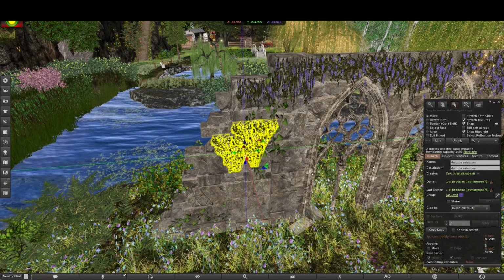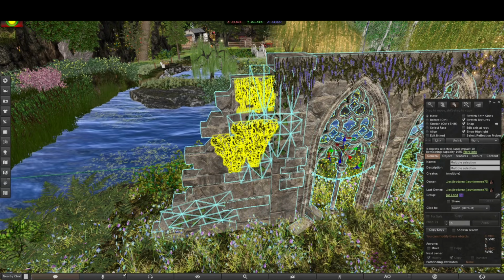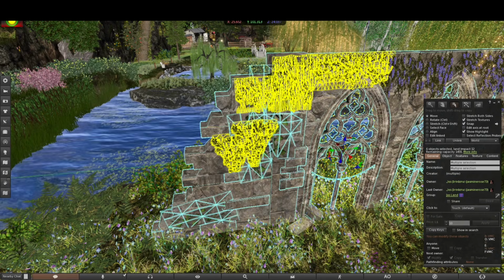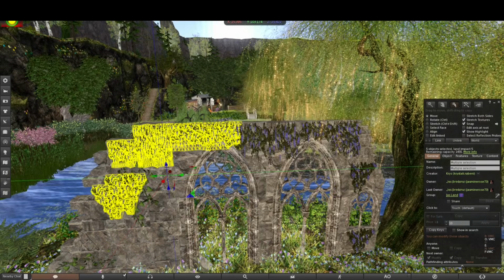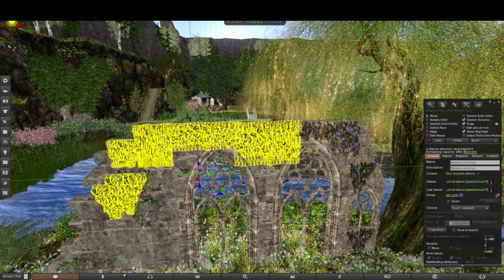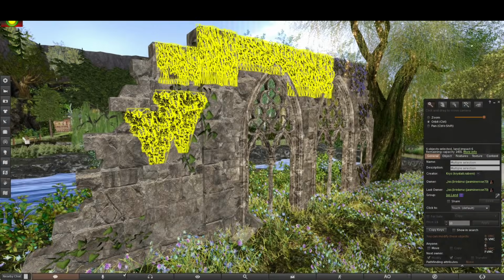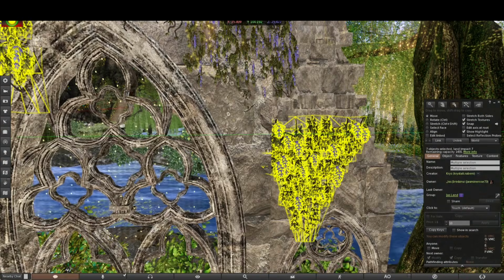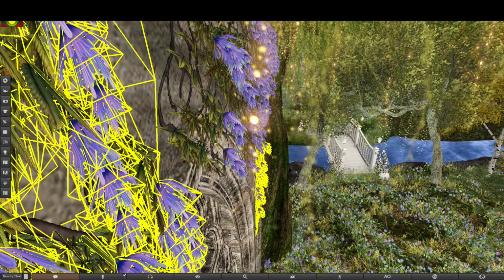Alright, so I'm going to hold the shift key. Whoops. It's kind of hard to select with these vines because you got to click on them in just the right place. Okay, now I got a tree. I don't want the tree. I need to do my ignore objects trick, don't I? We'll just move at it from a different angle. Let's see if we can get it. Probably not, but